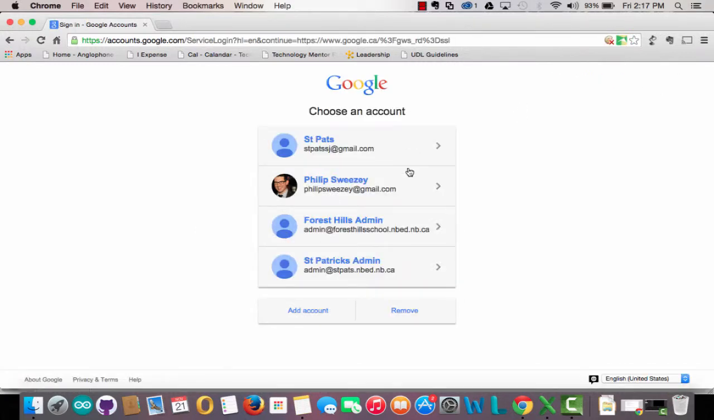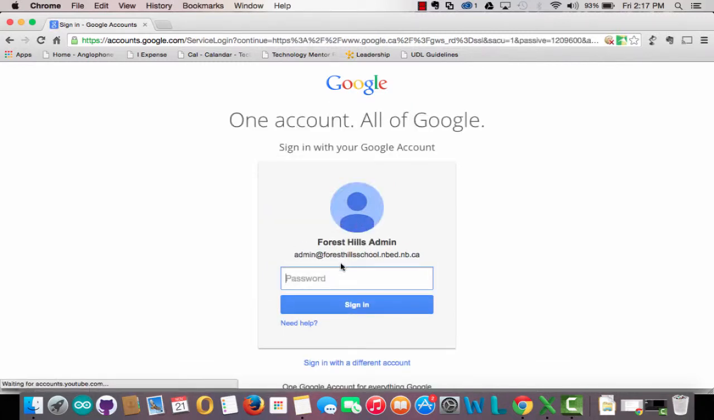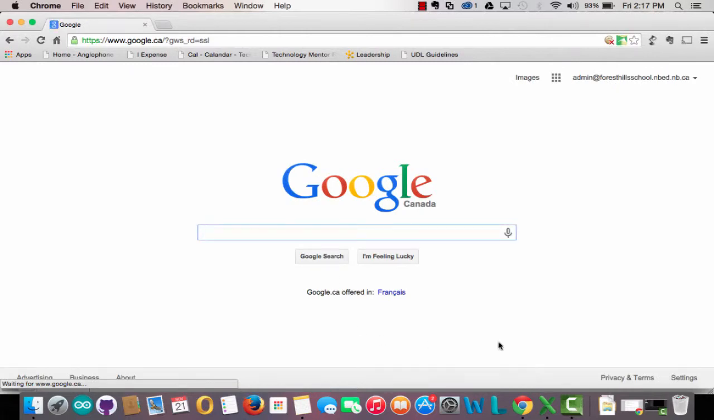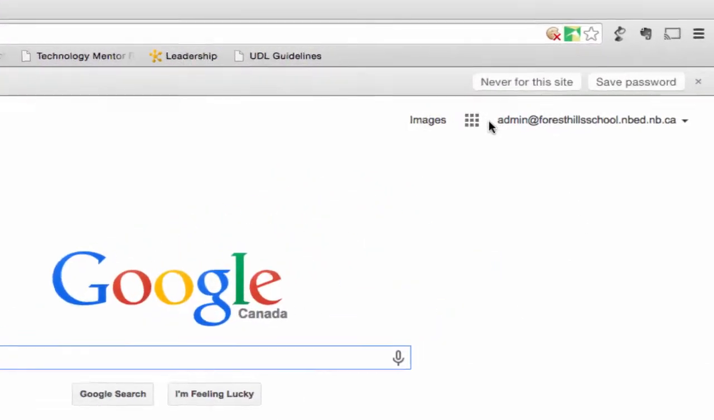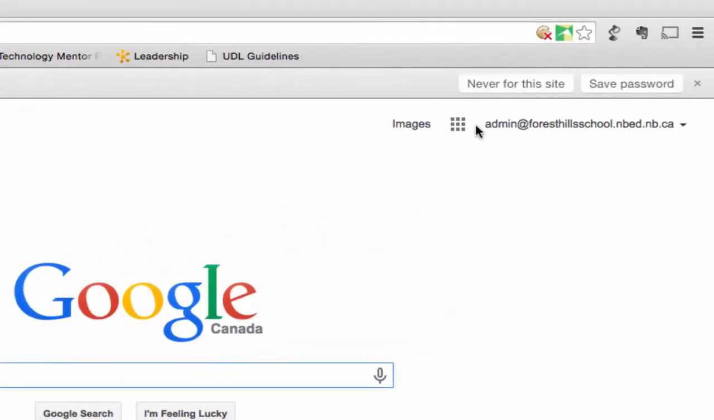You can sign in just like you would for your Gmail. You can see this is my Gmail account here, and this is one of the Google Apps for Education admin accounts right here. So I can either add an account or just click on the one that I have there and log in. And once I log in, you'll see it looks, again, just like if you were to log into Google normally